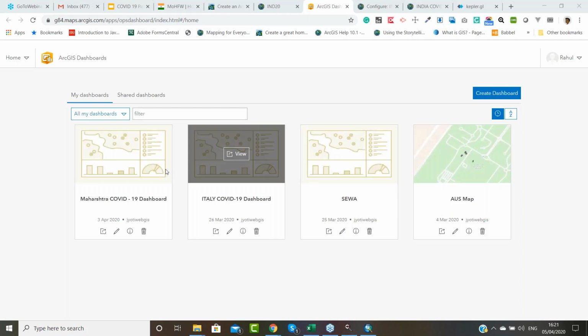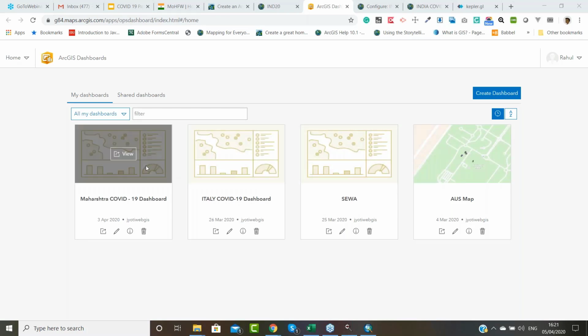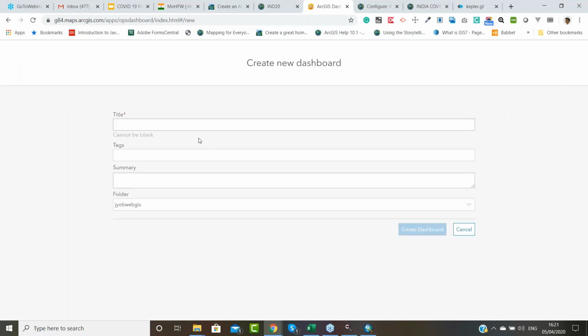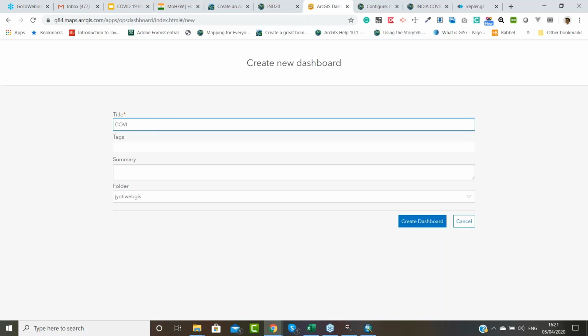Okay, now this is my previously created dashboard. Now if you want to create a new dashboard, then we have to click on the create dashboard from here. Now put the title for your dashboard, like I put the COVID webinar